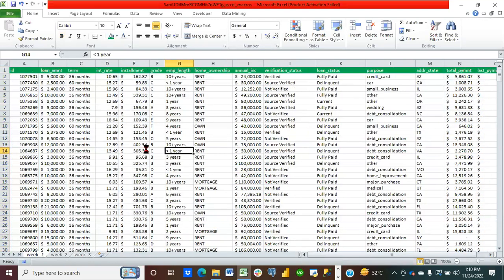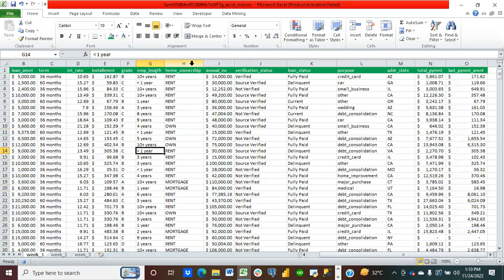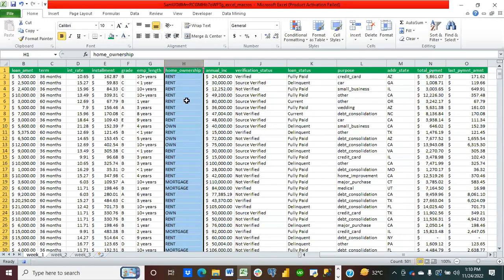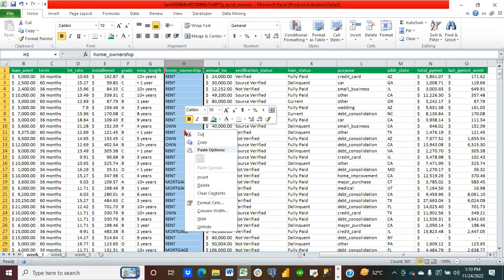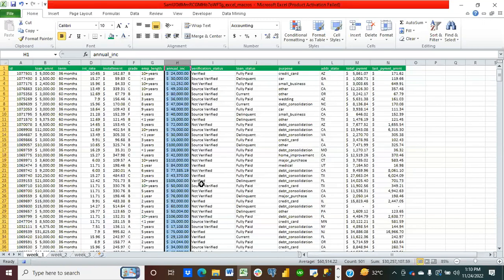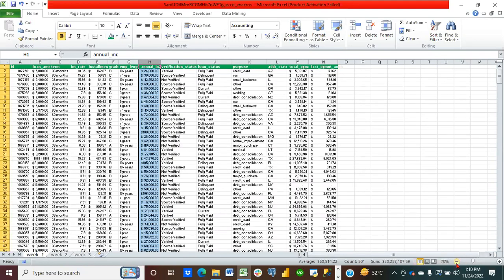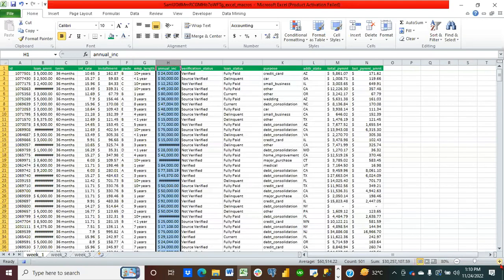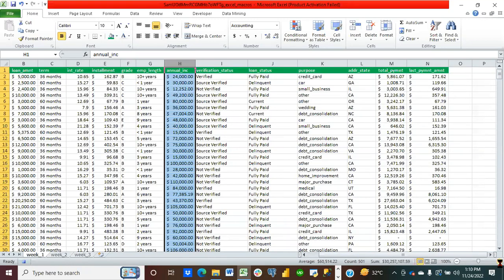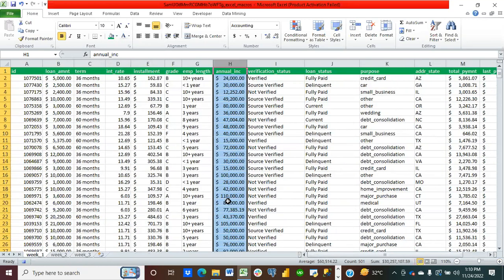And let's say what else? You don't need to see home ownership, so we can just click it and delete the entire column. And when we are done, the next thing is we want to